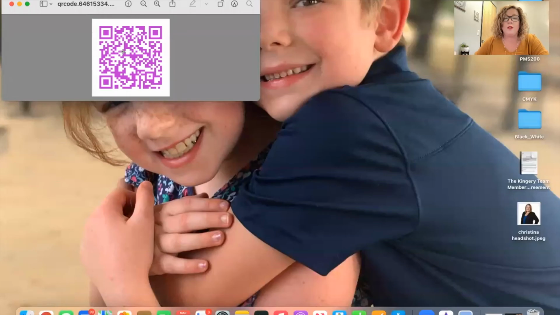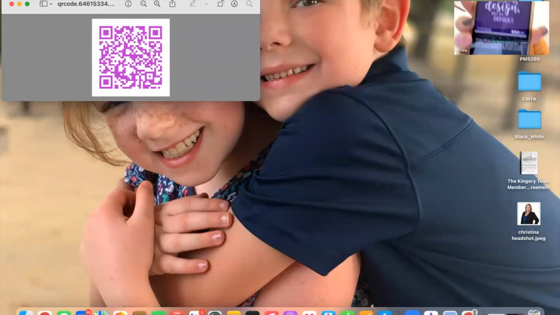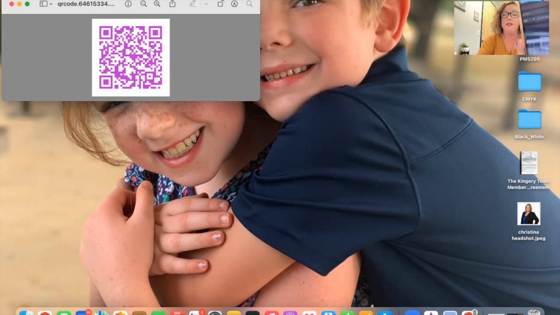And now if you scan this QR code, let me show you what it'll do. So I have my phone here. I'm opening my camera. I get on it and then it will bring me right to the landing page that we just created. And then when you fill this in, let me show you what will happen. Okay, so now I have filled in the form. And then when I scroll down and I click on send,